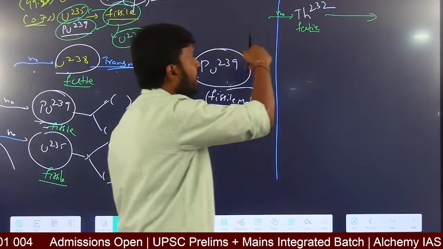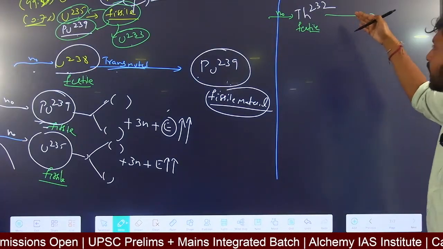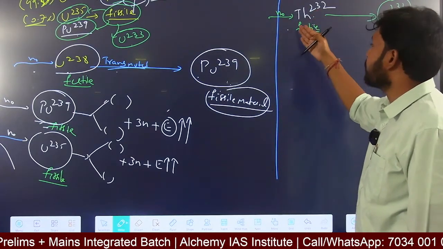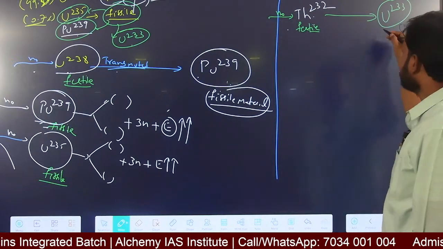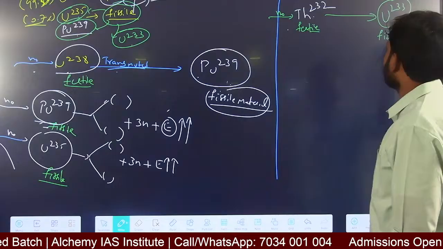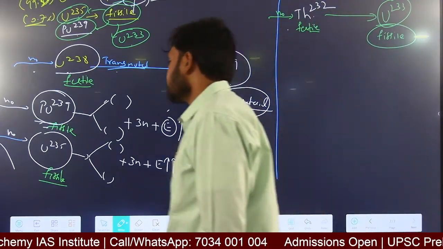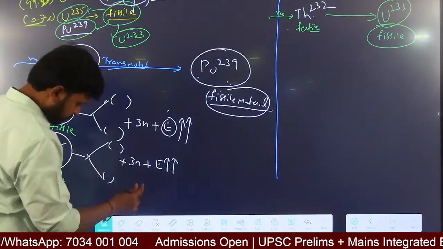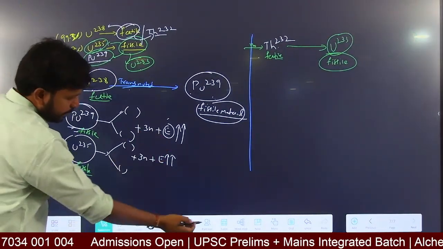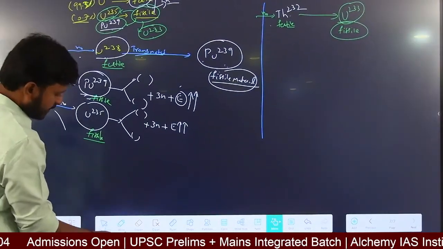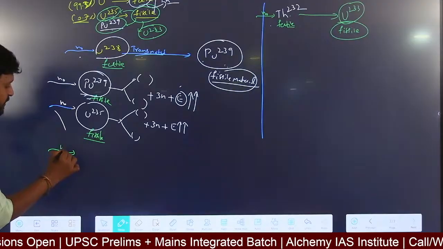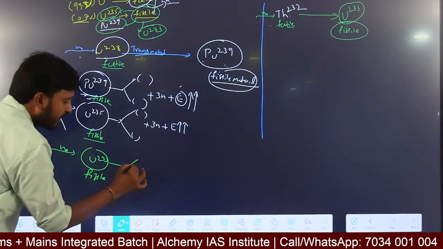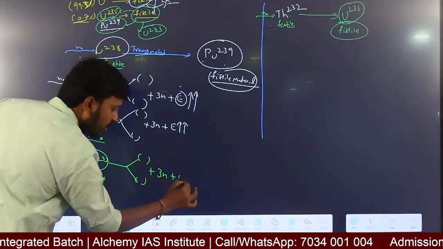Whenever a fertile material is bombarded with a neutron, some reactions will occur, and ultimately uranium 233 is formed here. So whenever thorium 232 is bombarded with a neutron, it forms uranium 233, and this uranium 233 is a fissile material. What is the meaning of fissile material? We have seen, right? What is happening in the case of fissile material? When uranium 233, also a fissile material, is bombarded, it will split into some other elements, and in that process lots of energy will